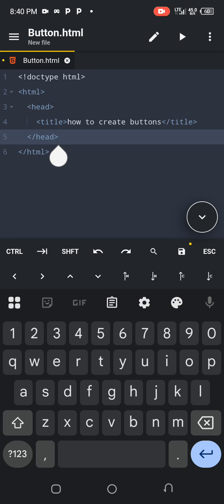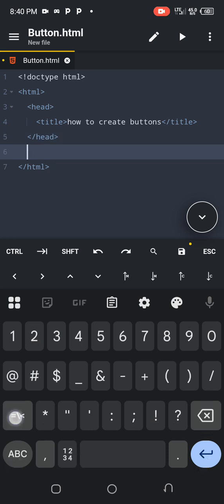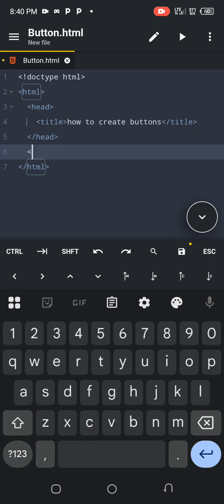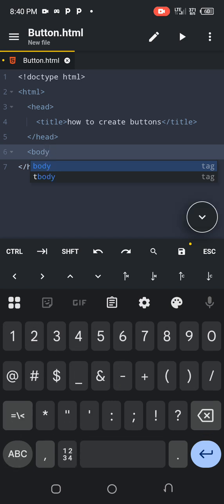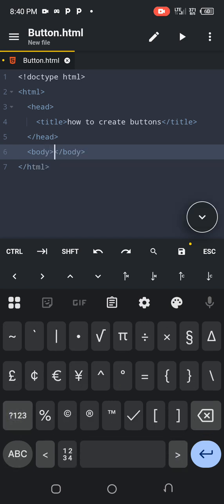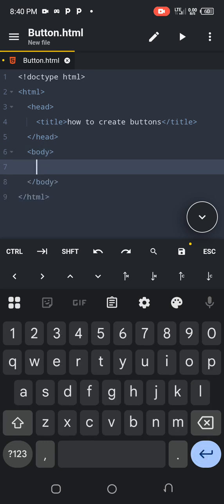So the next thing to do here is to create an HTML element called body. All the things that are visible on the web page will show inside this body. So now the first thing to do is